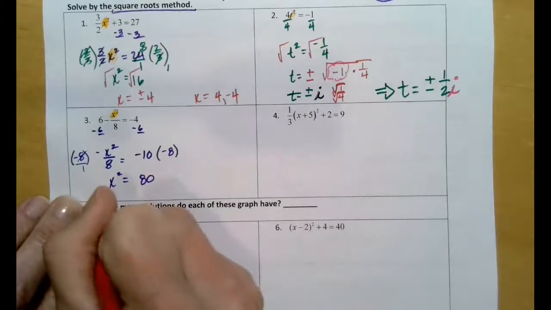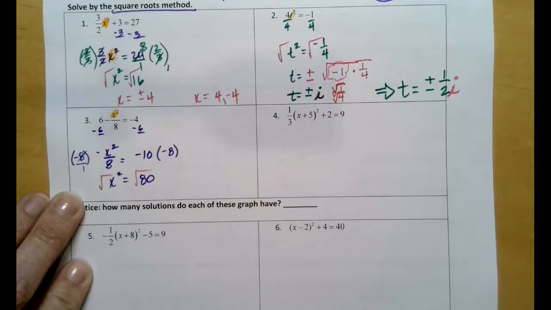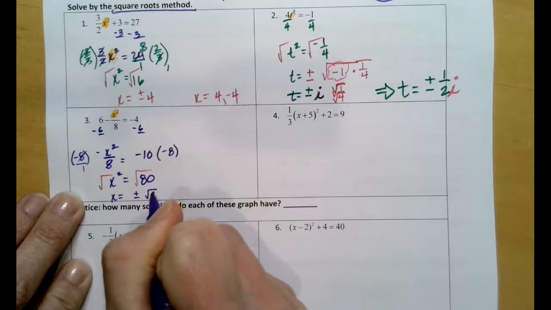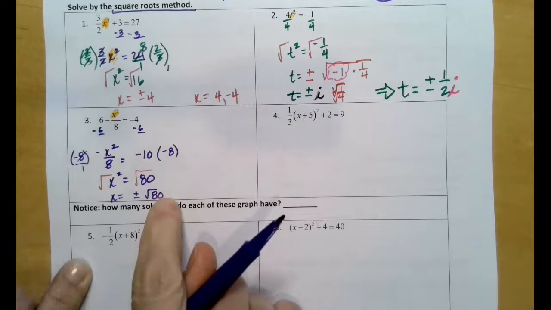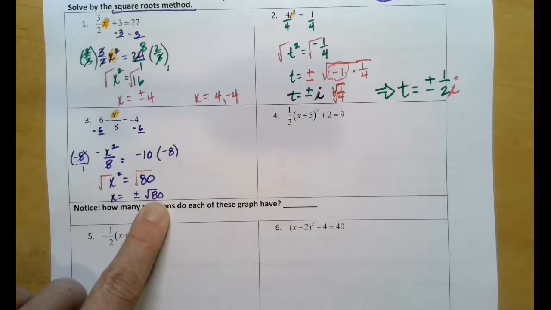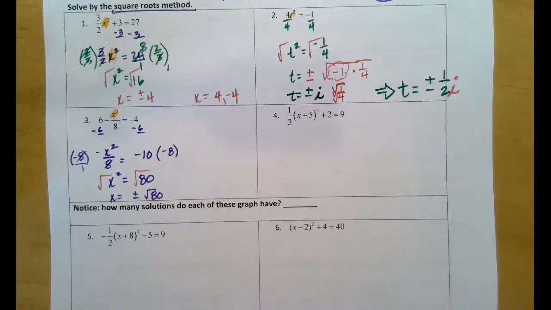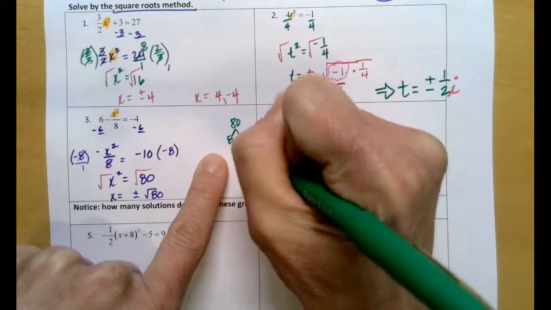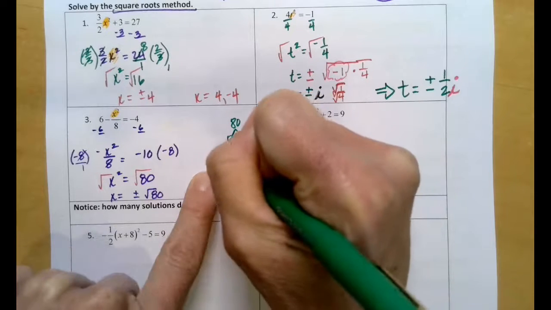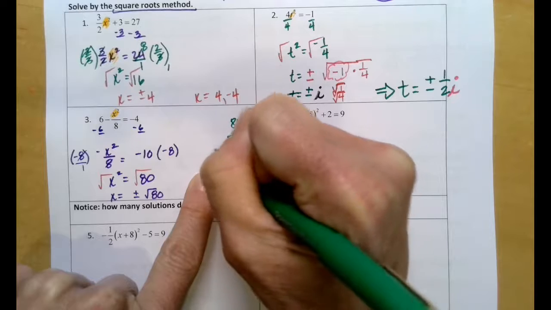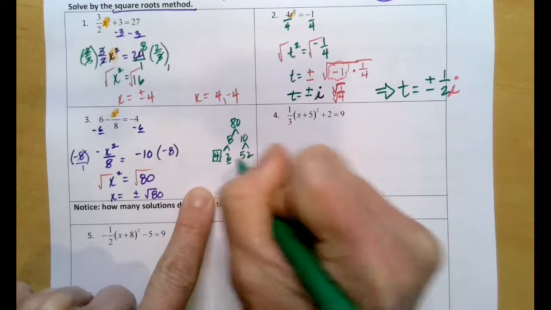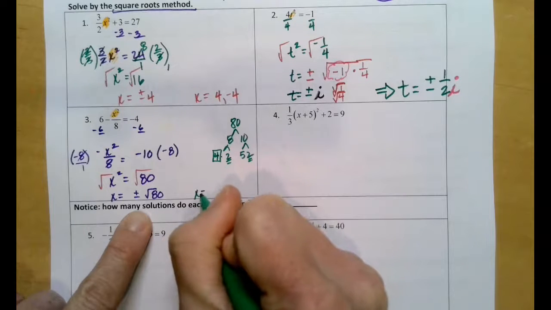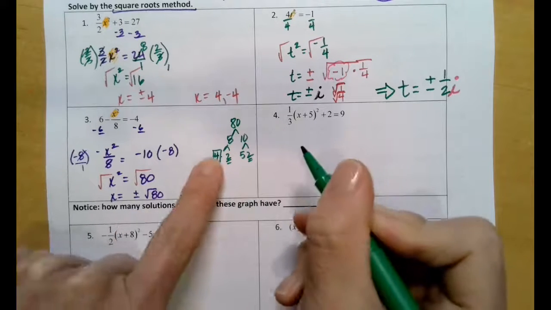So now when I take the square root of each side, I have x is equal to plus or minus the square root of 80. I'm not satisfied leaving this alone though, because I know 80 has perfect square factors. So let's break that down. 80 breaks down into 8 and 10. 10 is 5 and 2. 8 is 4 times 2. Here's a perfect square, and here's a double factor. So they both come out of the radical sign, giving me x is equal to positive or negative